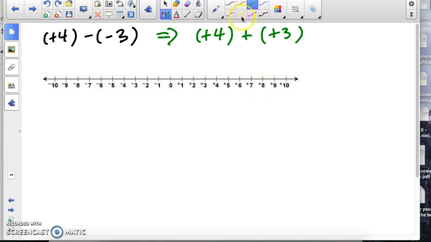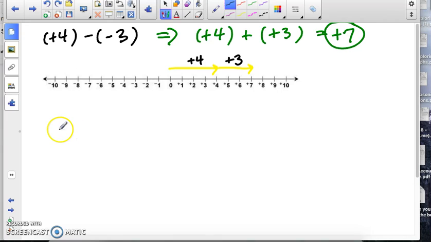You have both positive integers, so you're going to take your pencil starting from 0, end at positive 4, and label it above here. Because the second integer is also positive, you're going to take the same color and move in the same direction, 3. So you're starting at 4, and then you're ending at positive 7, and you label that above. So the answer to positive 4 plus positive 3 is positive 7. In the box below, I've asked you to write down the pattern that's emerging from subtracting integers. And there's a basic one that you just need